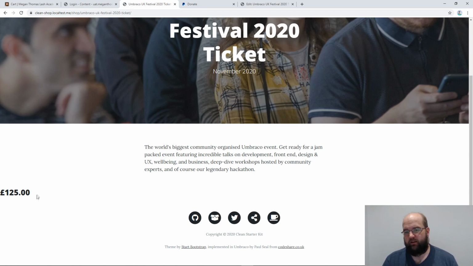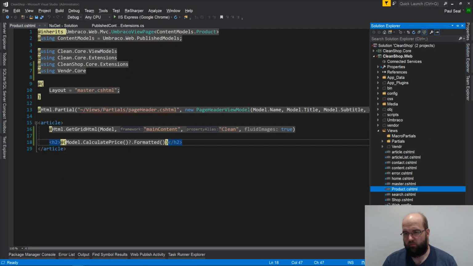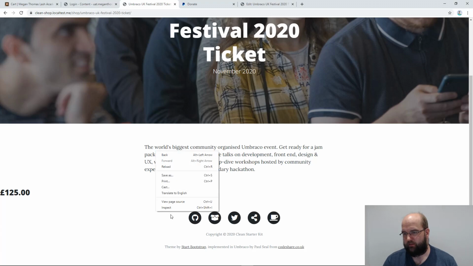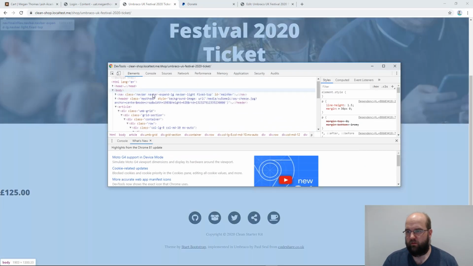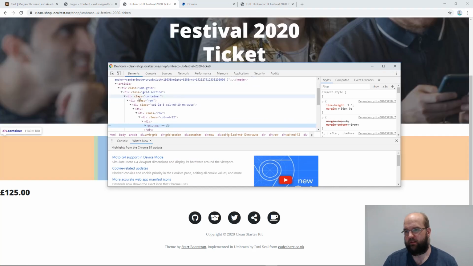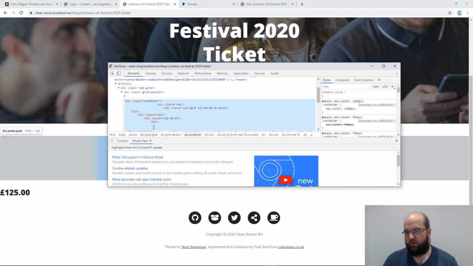So we've got this here. It looks a bit rubbish over here. So we can have a look to see what markup we need to put this in. So if we just inspect here, looks like we need to put it in a container, a row, and a col. So actually I can just edit this HTML, copy it,